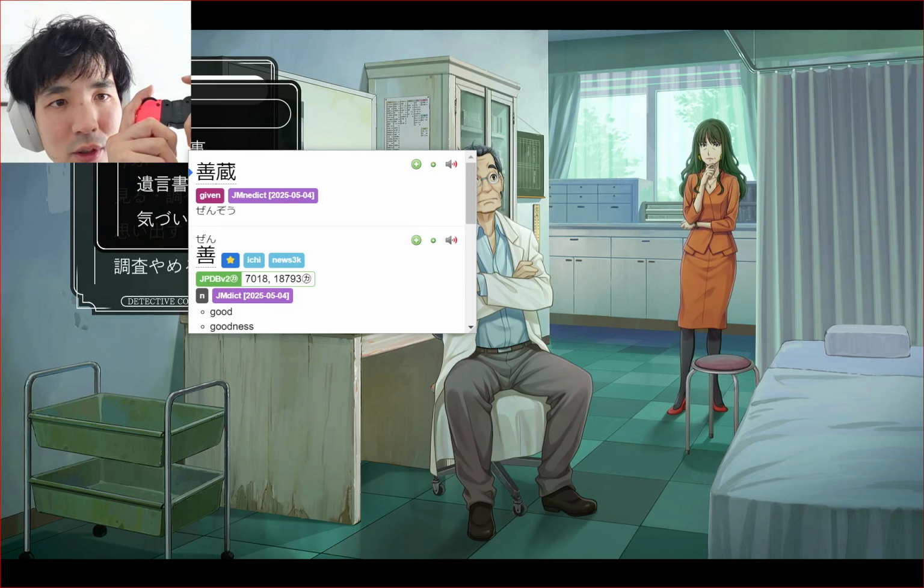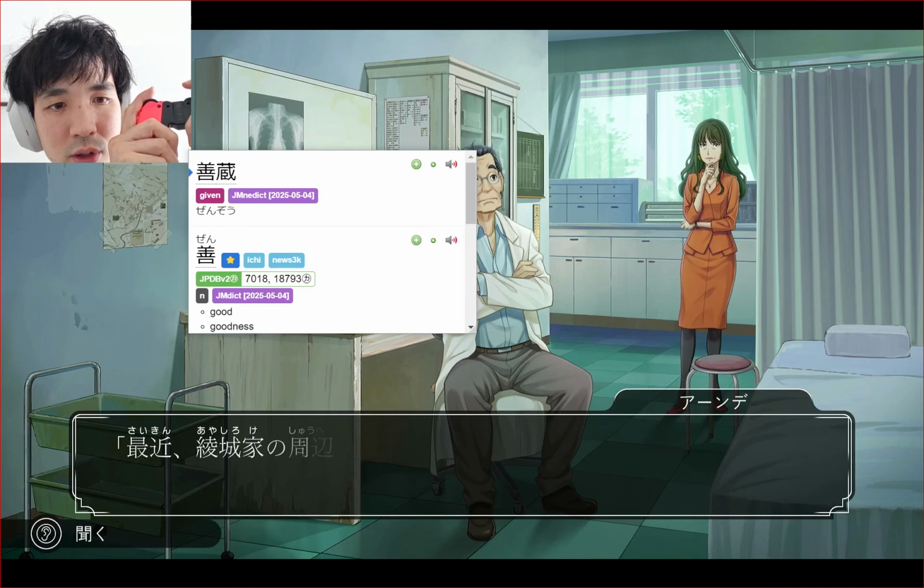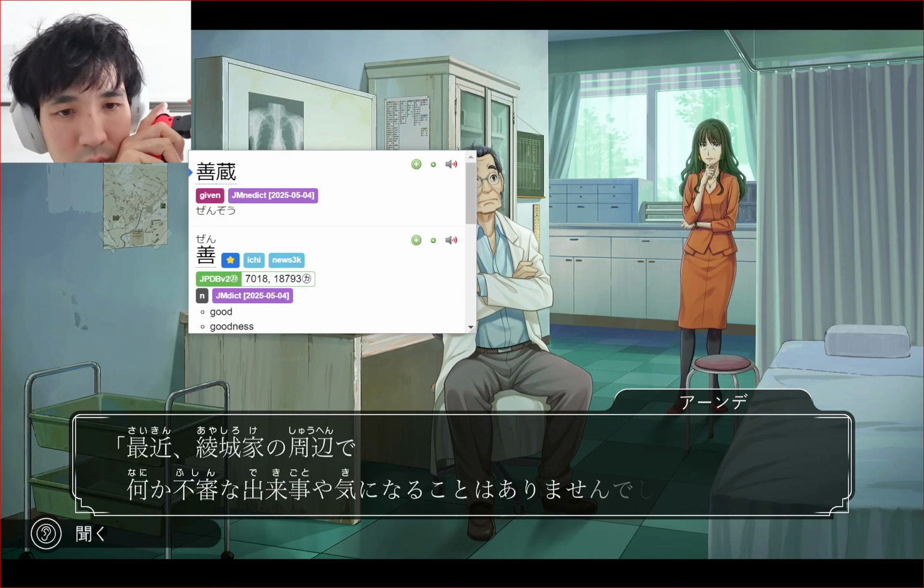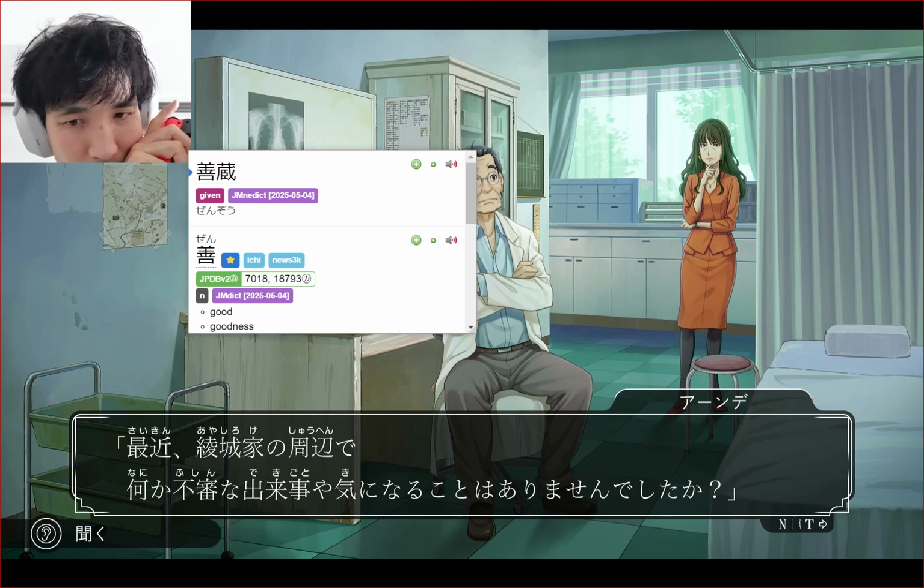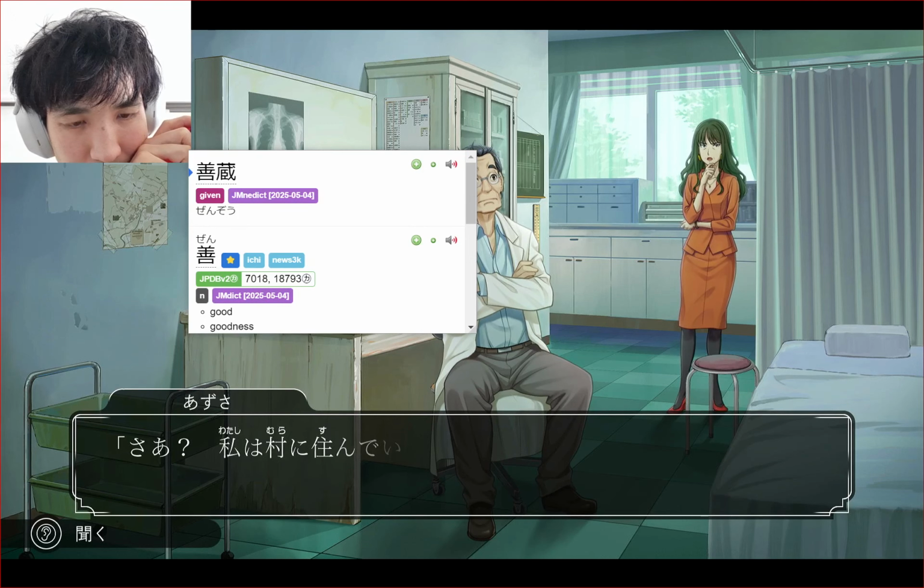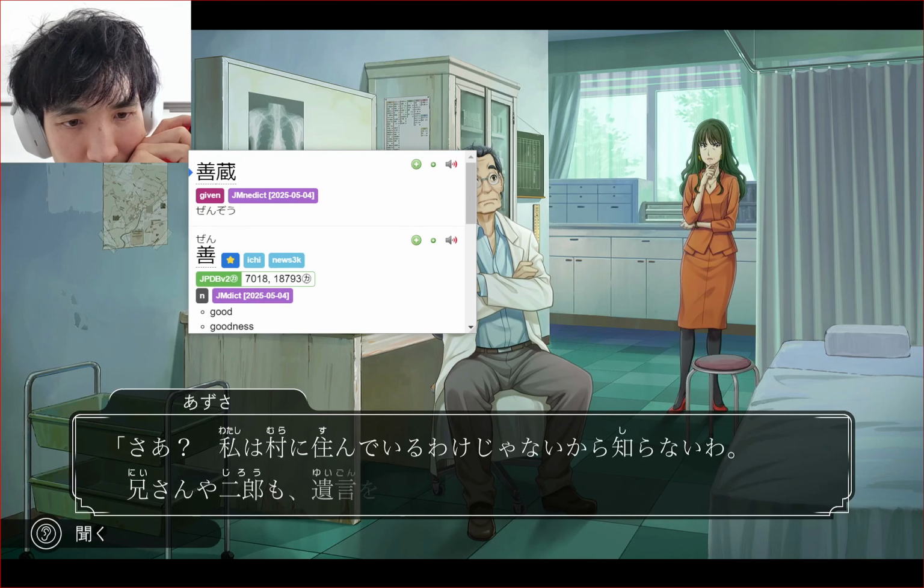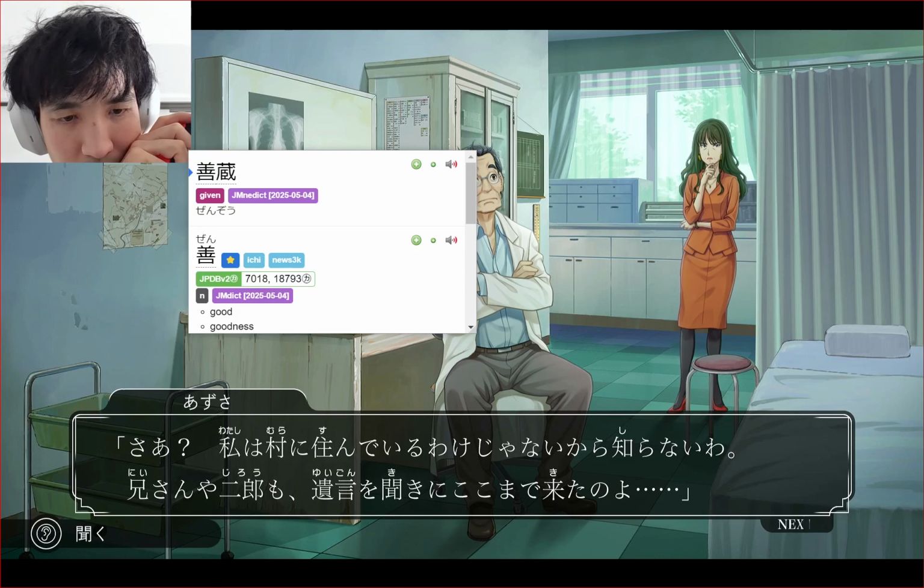最近、綾代家の周辺で何か不審な出来事や気になることはありませんでしたか？ Did anything strange be going on there? さあ、私は村に住んでいるわけじゃないから知らないわ。兄さんや次郎も遺言を聞きにここまで来たのよ。